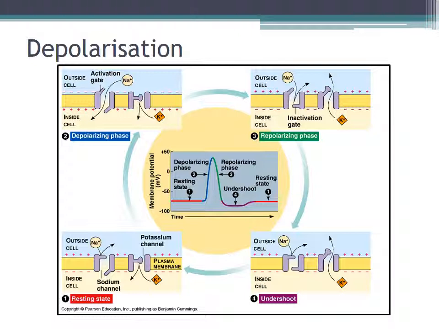And then the sodium channels are inactivated, and potassium diffuses out of the cell again, because now the inside is charged positive. So the positive potassium, so the cations, diffuses outside of the cell again. Usually there's something you call an undershoot, because a lot more potassium goes outside, so there's a slight hyperpolarization, like you call it, but then once all the currents are closed again, you have the resting state again, so the resting membrane potential again.